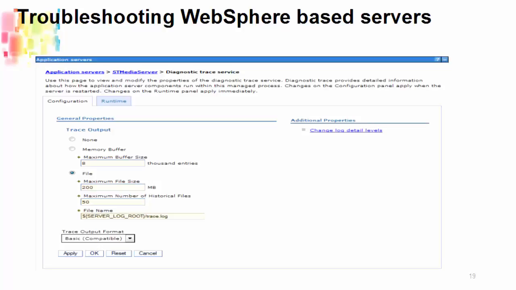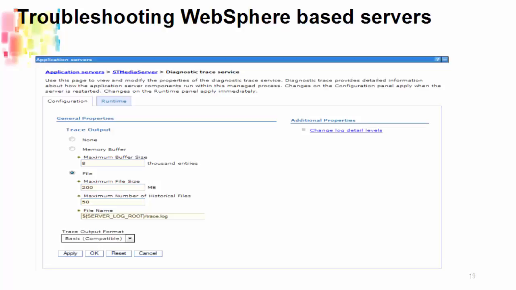And what you'll see here first off, and probably one of the important screens, is that we can alter the number and size of trace files. We can alter where they get written, and we can even alter their names. And usually when we're tracing a system we're going to ask you to increase the maximum file size and the number of historical files. Now I have 50 and 200 here, which is a whole lot of data, but sometimes